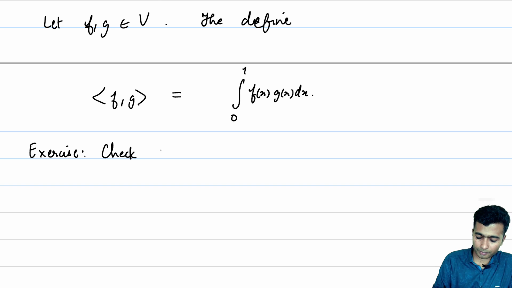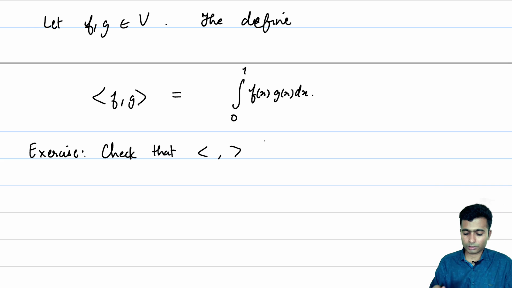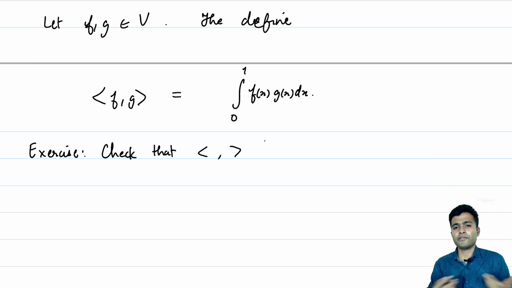Check that this, whatever we just defined. So as you can see, I am doing some abuse of notation. Every inner product I am just defining by using the same notation of the bracket,